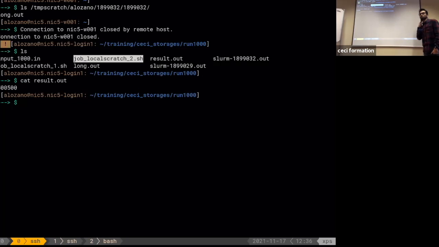as expected. So you see how the code is super simple, but it's just to give you an idea of how you would organize your workflow for writing inside local scratch. So in this case, I artificially made my code, well, one or two